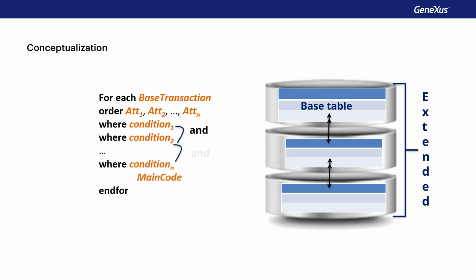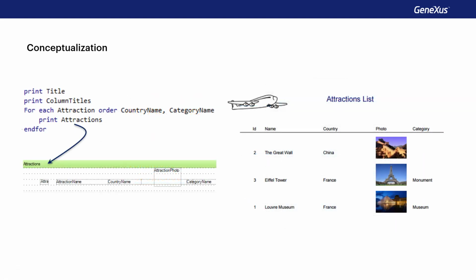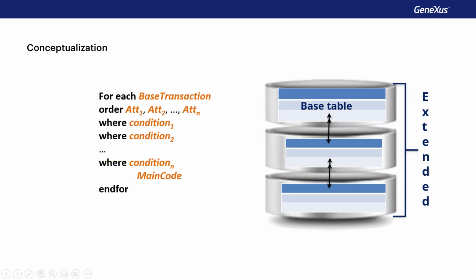We can also add several where clauses, which is the same as writing only one, with its conditions joined by and. Within the for each command, in its main code, we type the commands that we want to run in sequence to perform, step by step, what we need in the record of the base table in which it's positioned at each moment, and those associated by extended table. For example, print a print block. Therefore, this is how the for each command structure looks so far. The command accepts more clauses and options. Some of them will be explained in other videos, and others will be addressed in other courses.